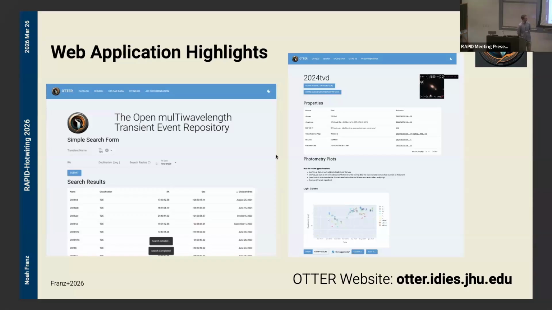And so we store all of those different classifications with different flags to allow users to search based on what they believe is the true classification. On these individual transient pages, we also have things like photometry plots. This is showing the 2024 TVD radio light curve. And then you could switch that to the UV, optical, infrared light curve at the bottom there. And then below that, I'm not showing it, but you can also see the SED and things like that.